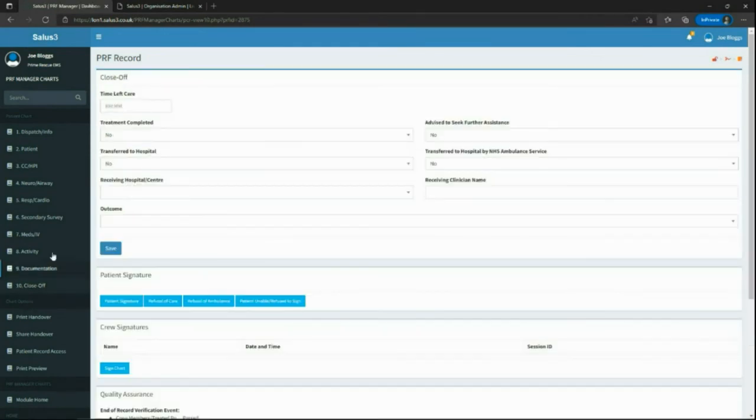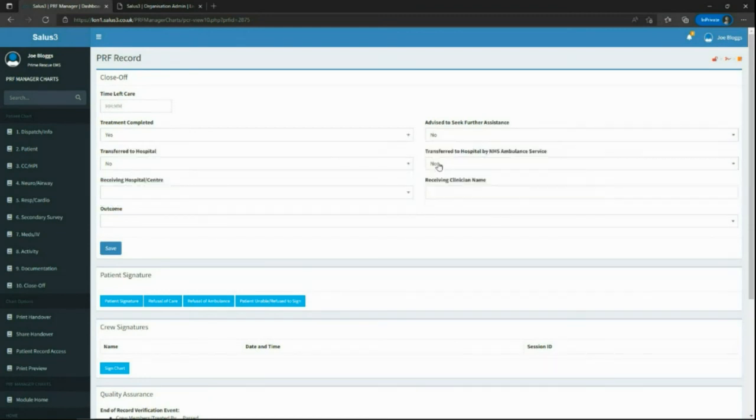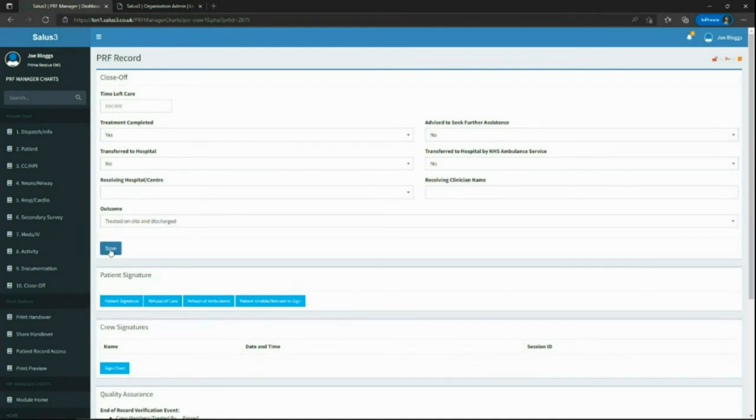And then finally, we have the Closeoff tab. The Closeoff tab is where we finish off the patient treatment by recording the time left care, any key statistics, which allows you to report, receiving hospital and the receiving clinician name, the outcome of the patient treatment,